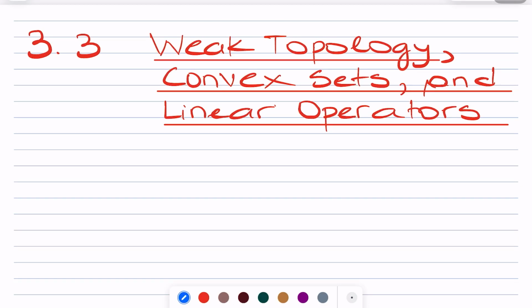So welcome back, Math Explorers. Today we are setting sail on an intellectual voyage that delves deep into the captivating interplay of weak topology, convex set, and linear operators. As we navigate this sea of knowledge, intriguing properties will surface from the harmonious fusion